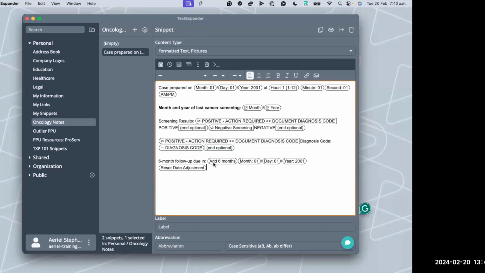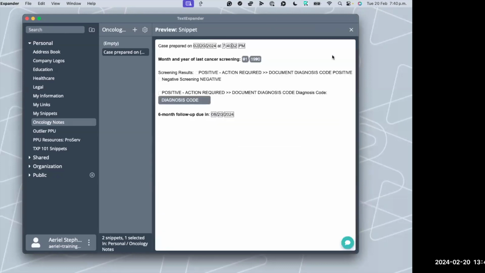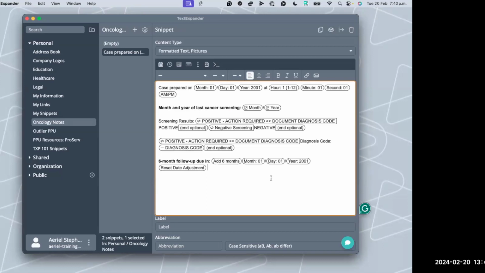Otherwise, any other date that you put later in the snippet is going to keep adding that 6 months too. So I would recommend that. If I preview it again, you should see that it says 8/20/2024. That is 6 months from today.